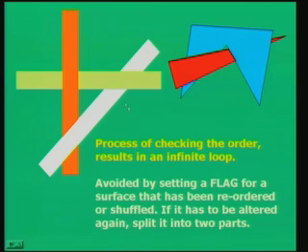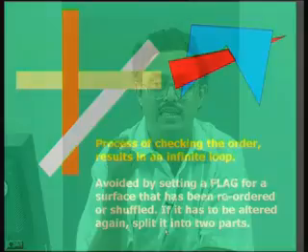Okay? That means you start with this case of 3 or 2 polygons, and suppose you have reordered any pair. When the process of checking other polygons requires it to be altered again, you do not do that. If a flag is set, it must be split into 2 parts. So, splitting a polygon is necessary in this case for Pentas algorithm whenever there is a scope for you to enter into an infinite loop.